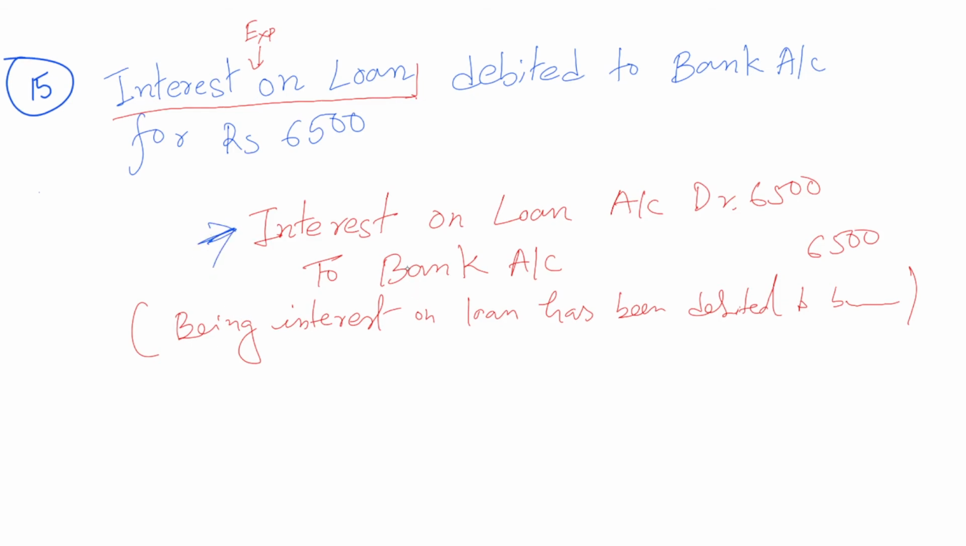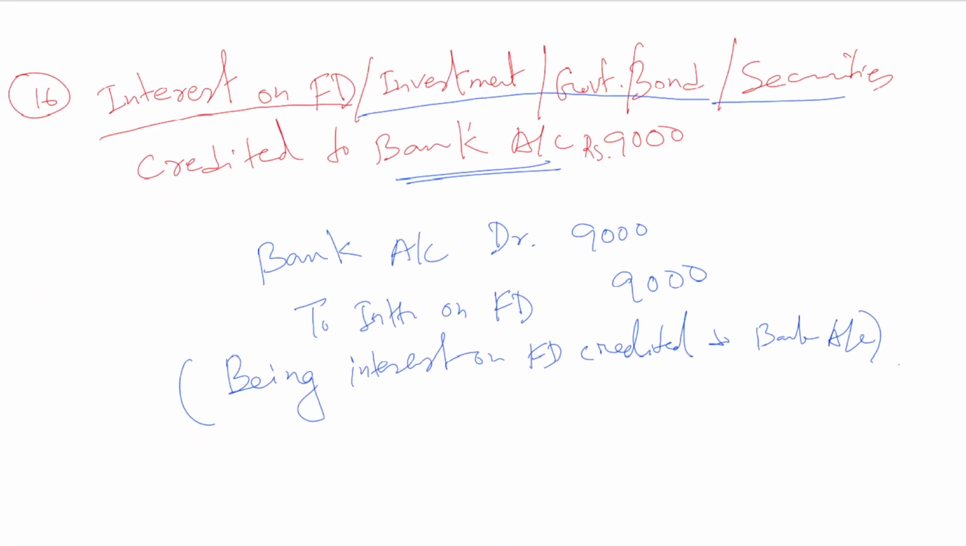Interest on loan is an expense. In the profit and loss account, on which side will it appear? On the debit side. And wages or interest on loan, all these things are written with 'To'. Why are these things written like this? Because